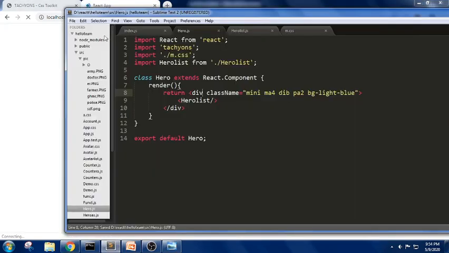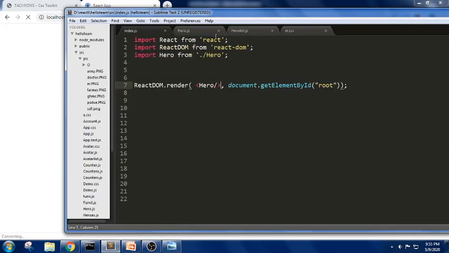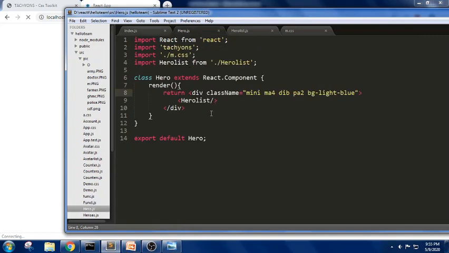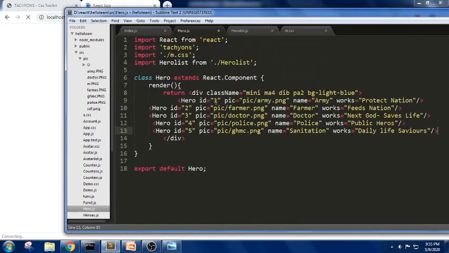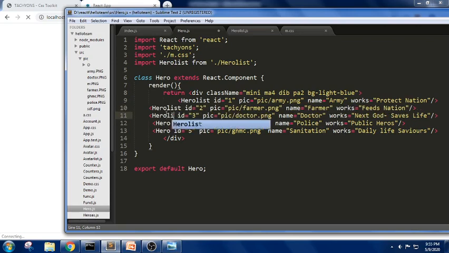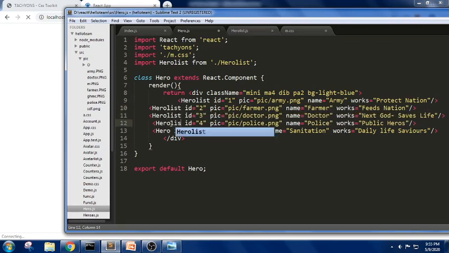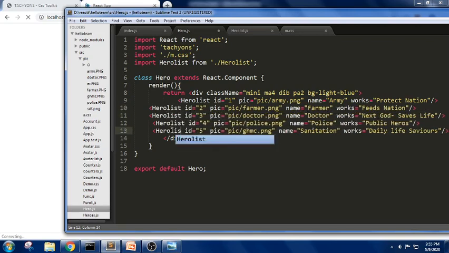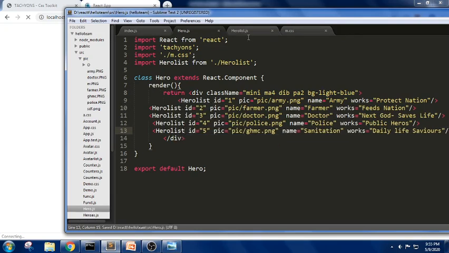Now we can see hero is there, hero is there. Now I haven't used any properties here, so we are not getting any visualization part in this. So for this, I'm trying to write hero list followed by hero list, and I'm trying to pass. So instead of hard coding this, we can also use a map concept where it will try to reduce this thing.